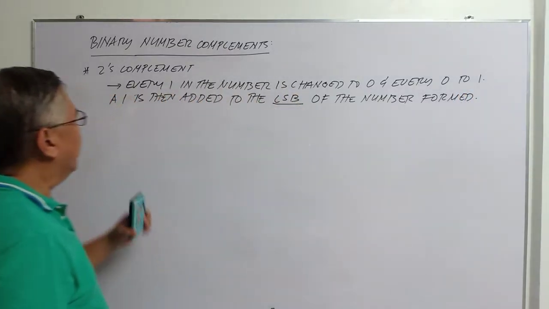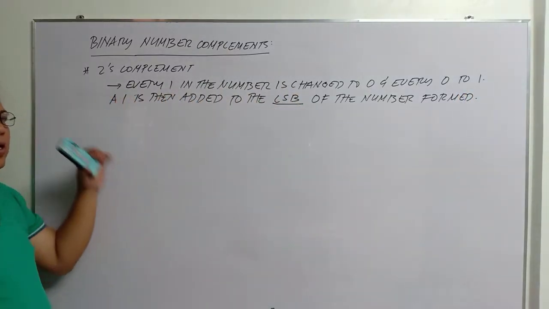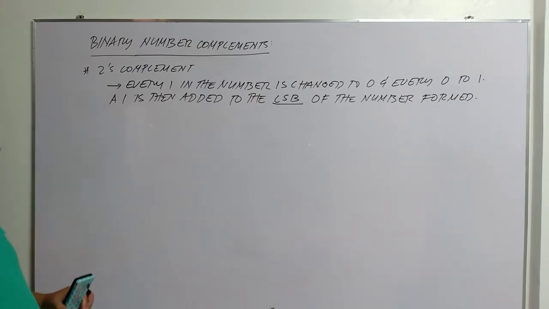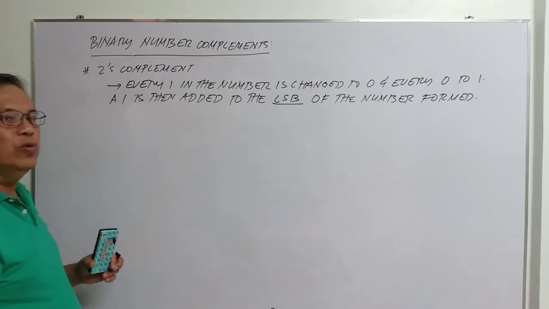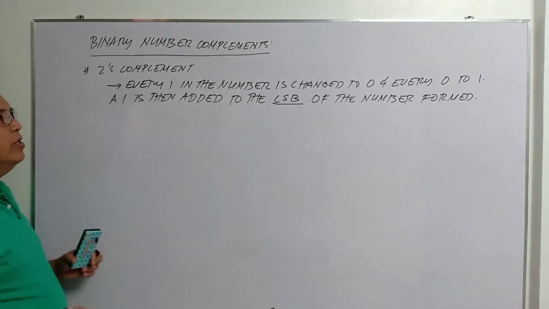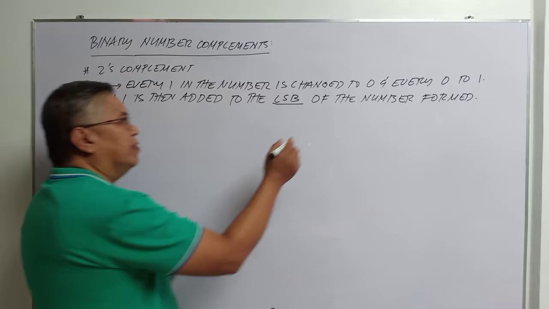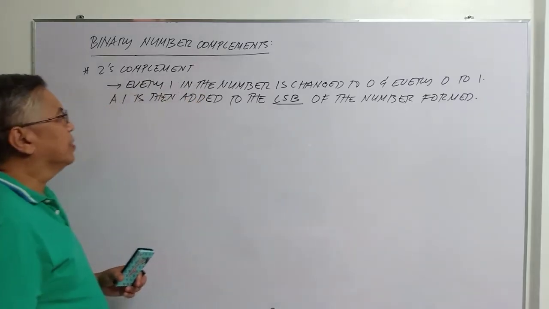Alright? So again, this is the rule for obtaining the 2's complement. Every 1 in the number is changed to 0 and every 0 to 1. A 1 is then added to the least significant bit of the number form. Okay? Example,